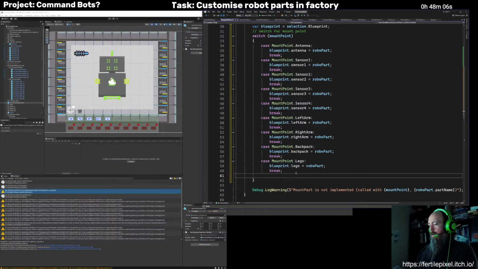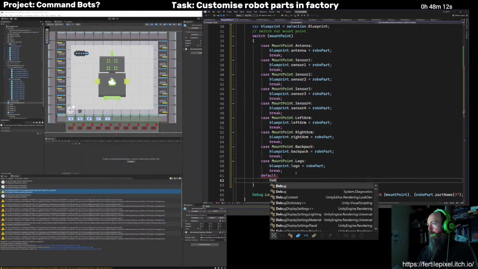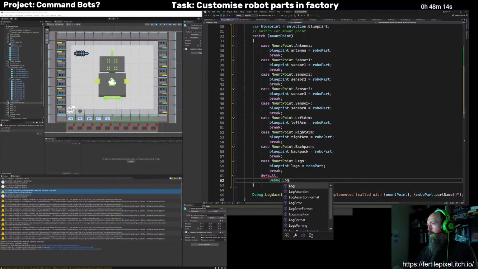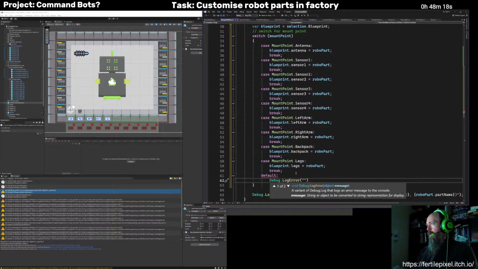Unless it is the default case and that is not expected, because if I've covered every enum constant, there should be no chance of calling a default case unless something that is not a mount point enum constant is passed in.